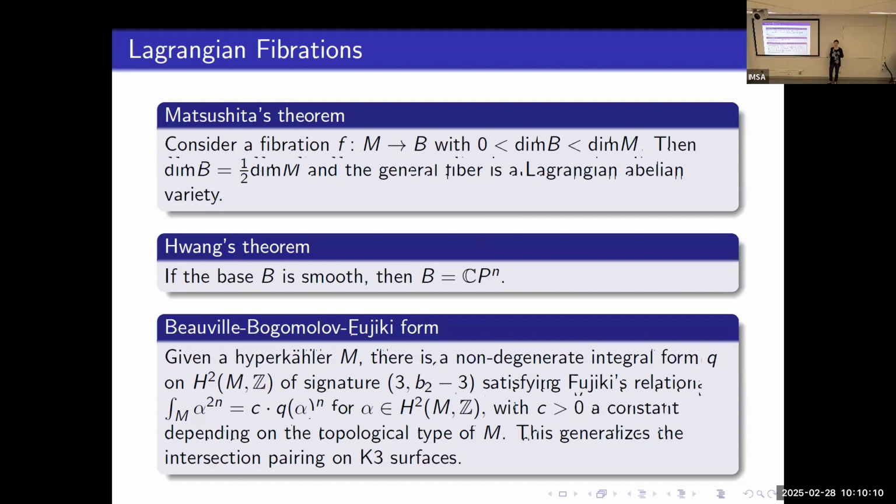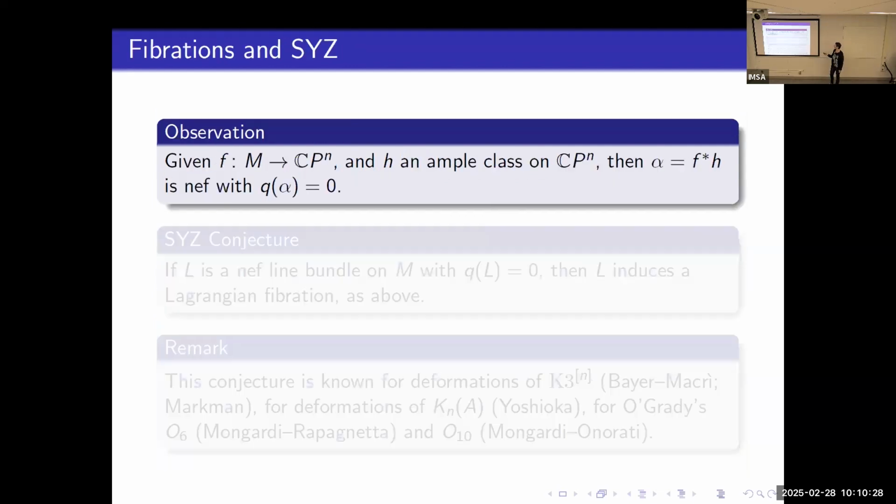So every time you have a fibration, you have this special class, which is the pullback of an ample class on the base, which will have a vanishing self-intersection with respect to the Beauville-Bogomolov-Fujiki form. So that's on the next slide. This is a simple observation. Indeed, if you have a fibration and take an ample class on the base, the pullback is nef with vanishing